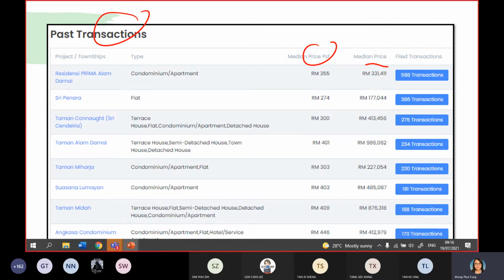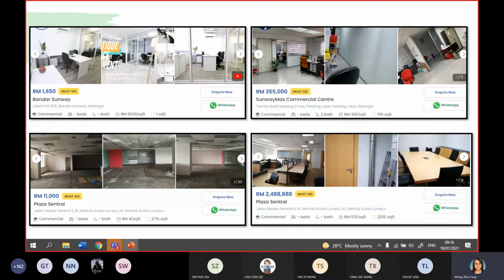All right. And another, let's say you don't want to go to HProp, you can also go to iProperty, PropertyGuru, or any other property website. So let's say if you are looking at a commercial property, let's say this one in KL. The monthly rental is 11,000. The built-up area in square feet is